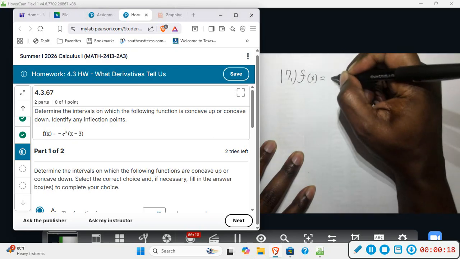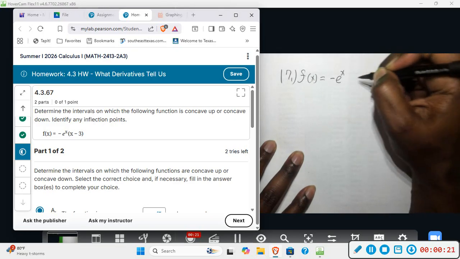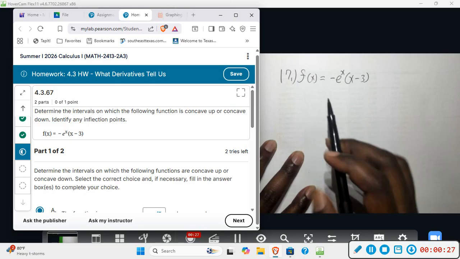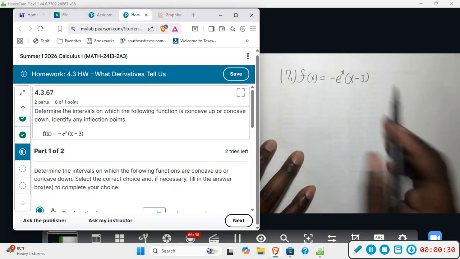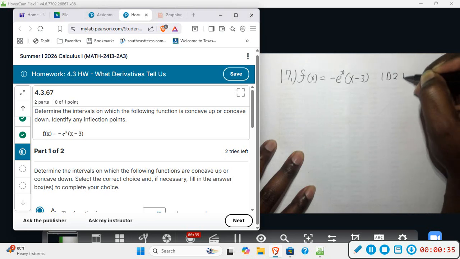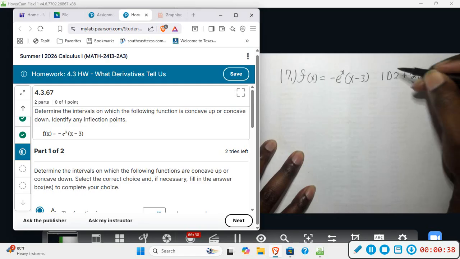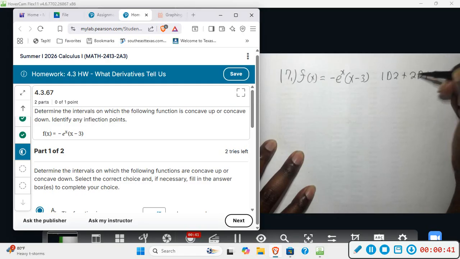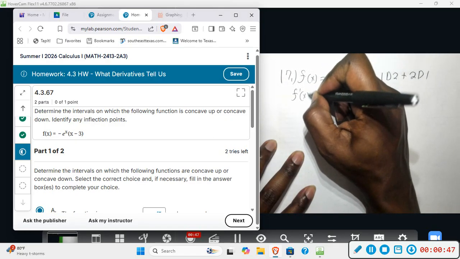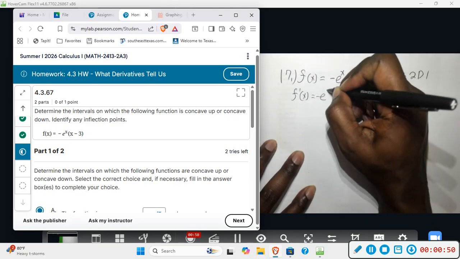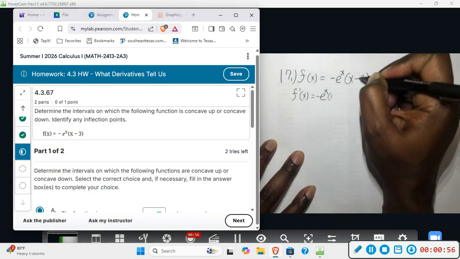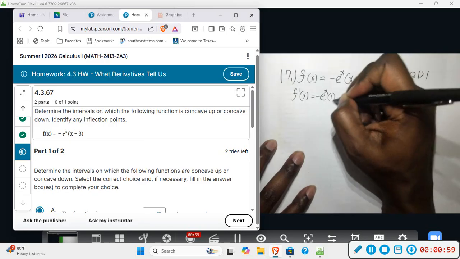So we have f of x is negative e to the x times x minus 3. We're going to have to do the product rule even if we distribute. So we'll do 1d2 plus 2d1. So this is the first function, derivative of the second, plus second function, derivative of the first. All right, so first function for f prime is negative e to the x. First derivative of the second: derivative of x is 1, minus derivative of 3 is 0, so just 1